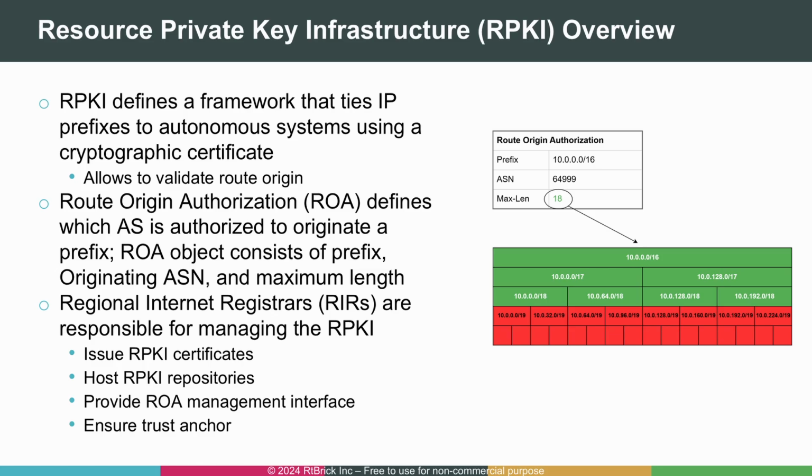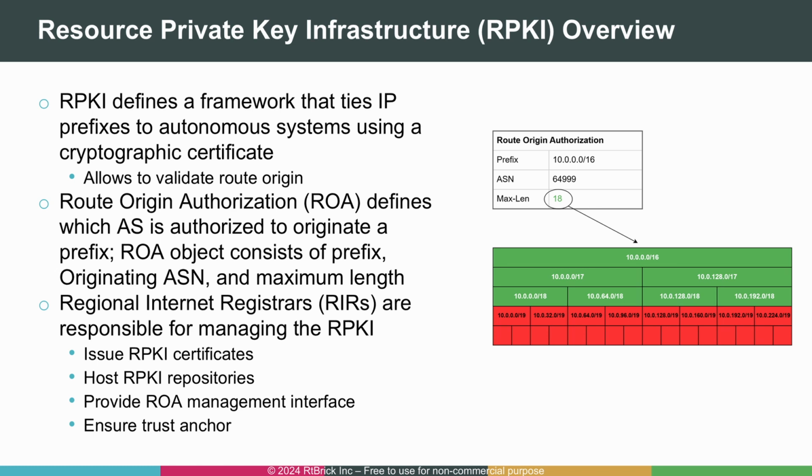For example, a ROA for 10.0.0.0/16 with a maximum length of /18 would authorize the advertisement of any subprefix between /16 and /18 by the specified AS. Since regional Internet registries manage the distribution of IP address space and ASNs, they also manage the RPKI